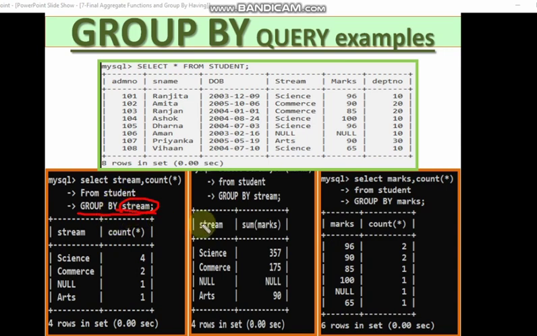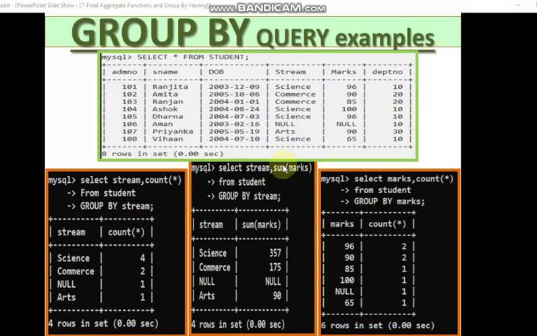See, another example. Select stream, sum marks, from student, group by stream. Now you are using another aggregate function, sum.